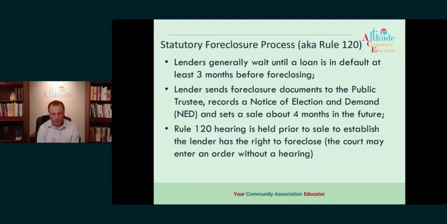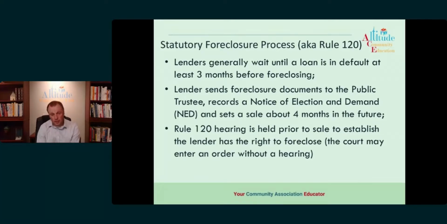So it'll vary from bank to bank, and the bigger banks are typically going to be, because they're dealing with so many of them, you might have a little more leeway in terms of how long you'll be delinquent before they're going to foreclose. But ultimately, at some stage, they're going to catch up to it and figure it out, and they'll start the process.